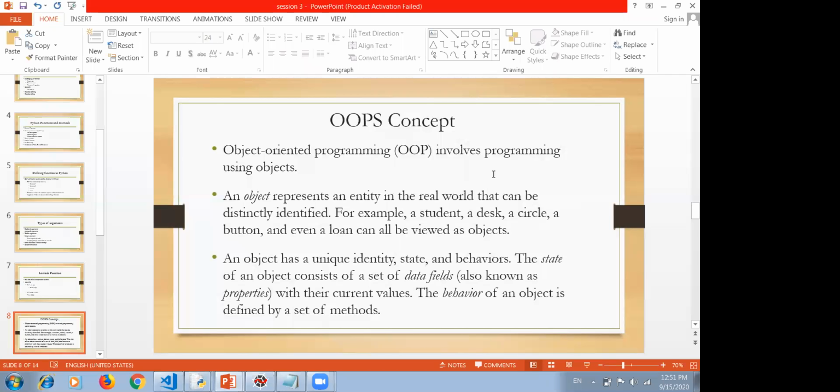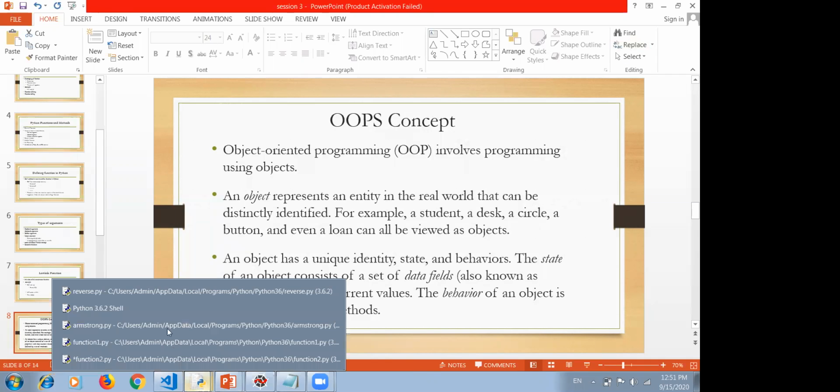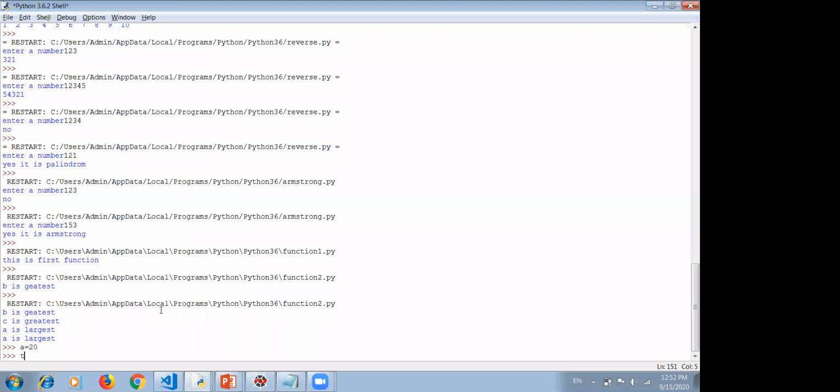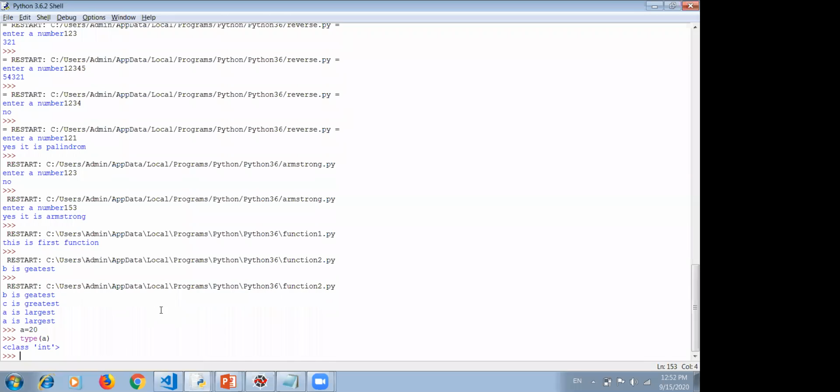Even yesterday, when we declared a variable, say a is equal to 20, and then checked the type of a, we saw what data type had been assigned to a. The answer was class int.